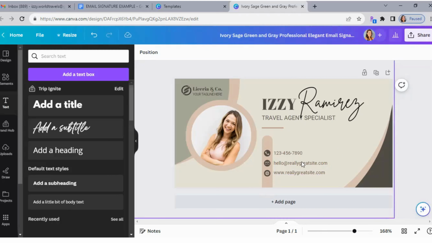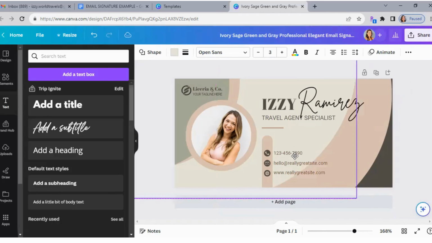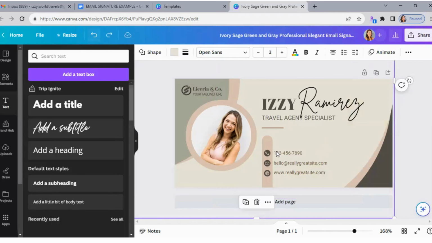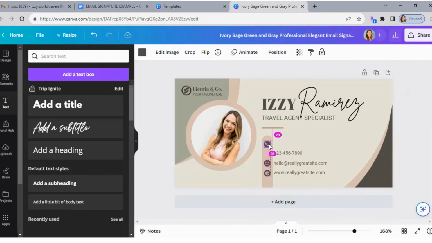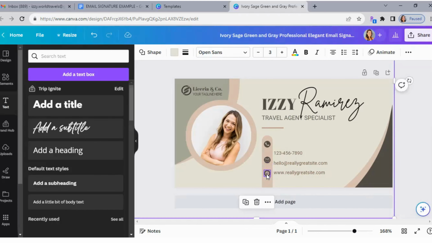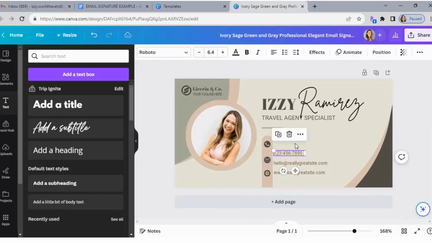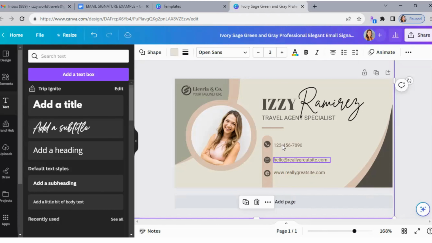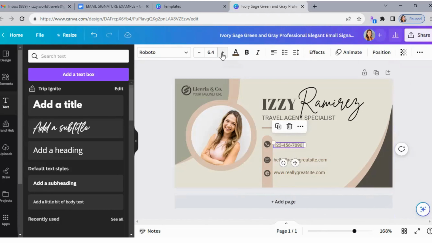And what I can do is, let's do undo. And I can just scooch this over. I can make it a little bit higher, maybe move the icon like this. Put it a little bit more centered. There we go. Maybe I'll put this over here. And this is going to actually give me the option of putting the text a little bit bigger, because something